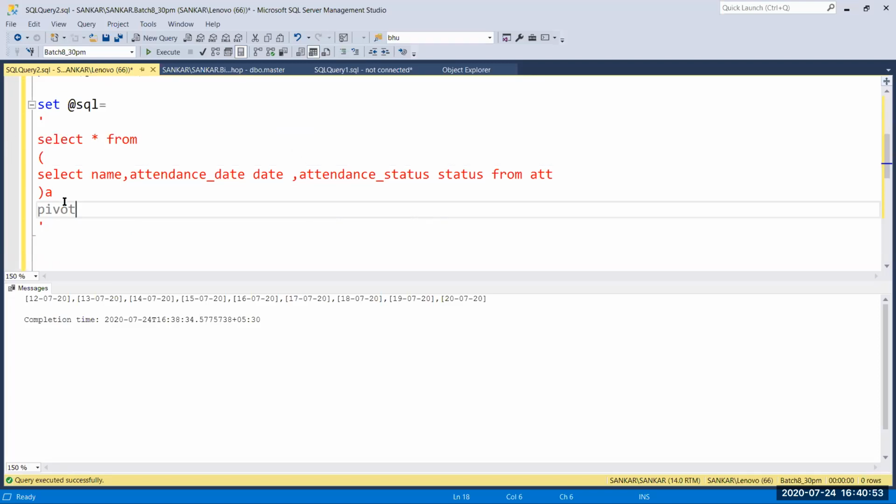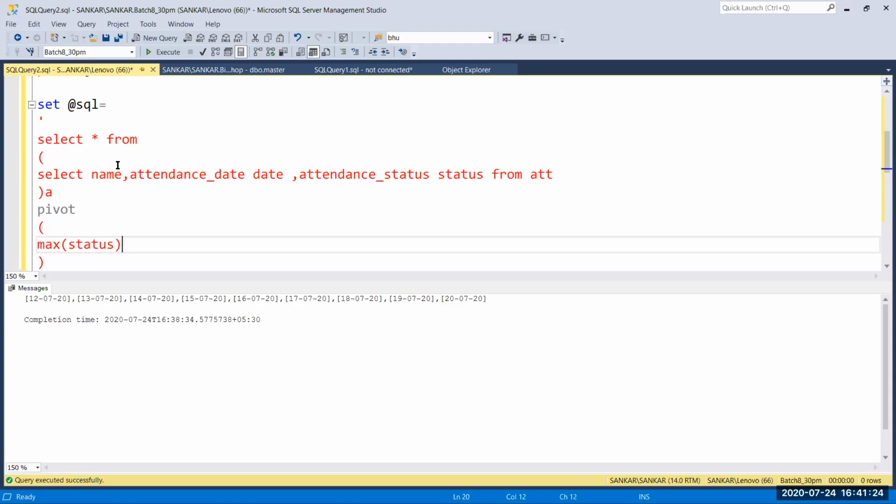Just here I'm going to pass the static query in string format, that is in SQL, and the string is called NVARCHAR. Here just pass pivot, and here you have to give the aggregation function, that is status.